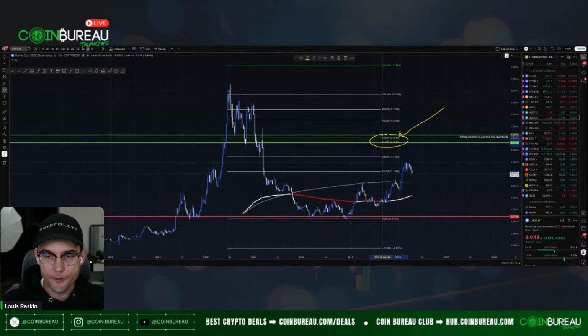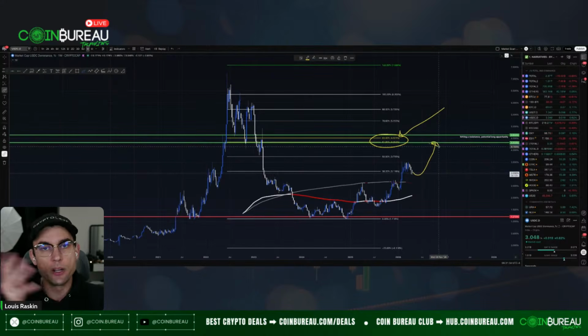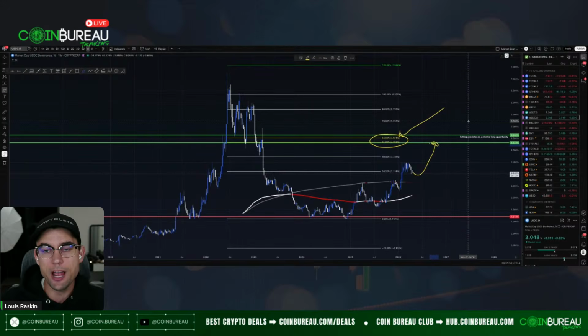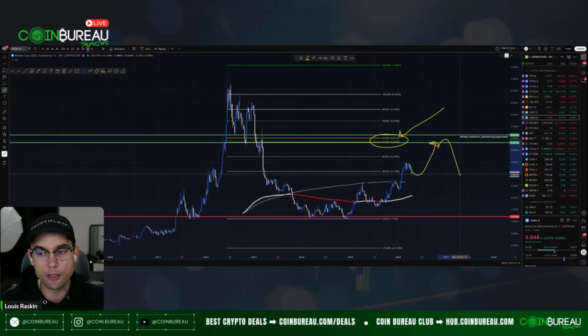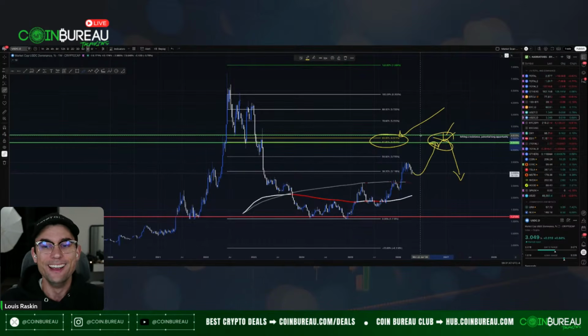Is that not perfect? Is that not massive amounts of confluence to tell you that if USDC dominance comes up here because everyone is putting their money into stable coins, then it has a very high likelihood of turning around and going down from here, which means that you want to be buying in here before it turns around. But people only buy after it turned around and it's coming down,